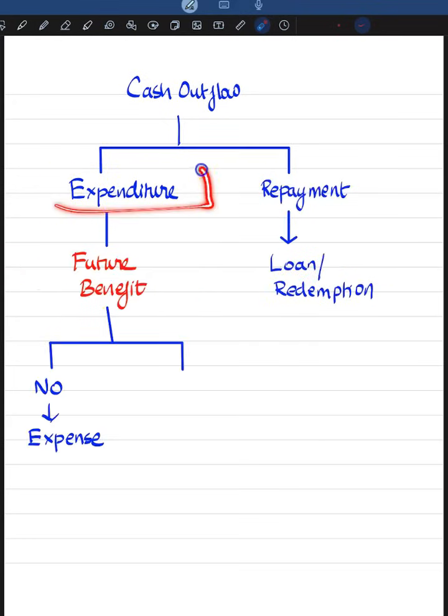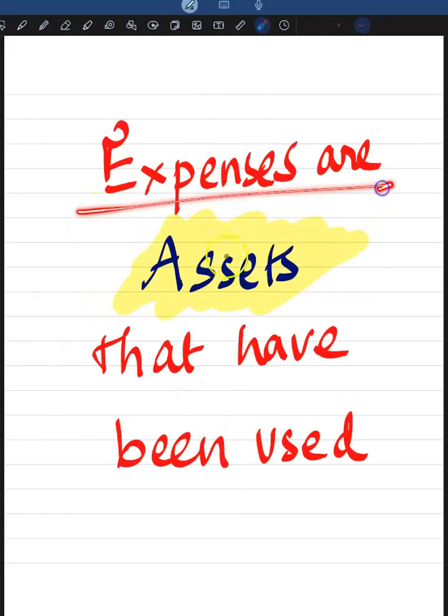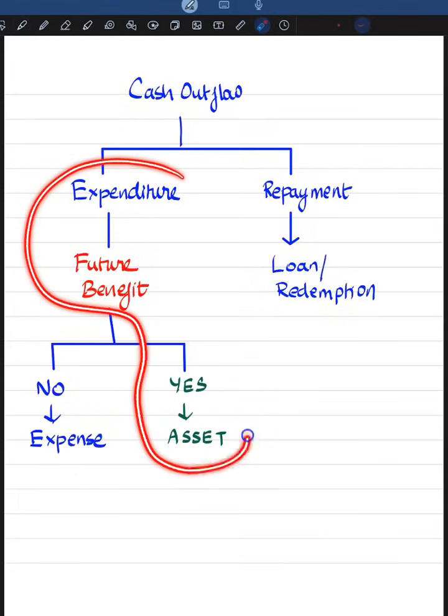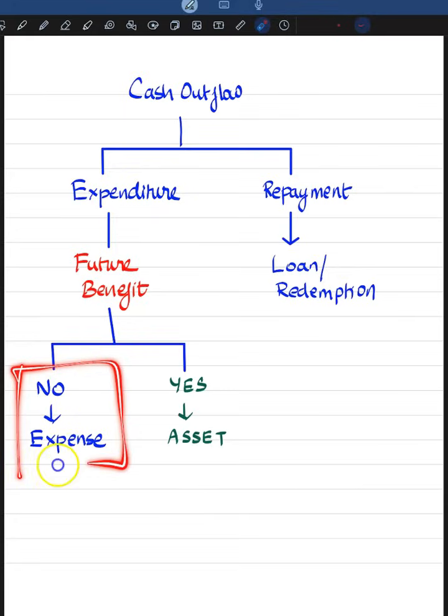Let's look at this scenario. There is an expenditure. We are going to analyze whether there will be any future benefit on account of this expenditure. If there is going to be no future benefit, then that expenditure will be called an expense. And if there is going to be any future benefit, then that expenditure will be called an asset. We started this video by saying expenses are assets that have been used. It means most of the time when we incur cash outflow, they will be expenditure mostly in the form of asset. But when we see there is no future benefit out of this expenditure,